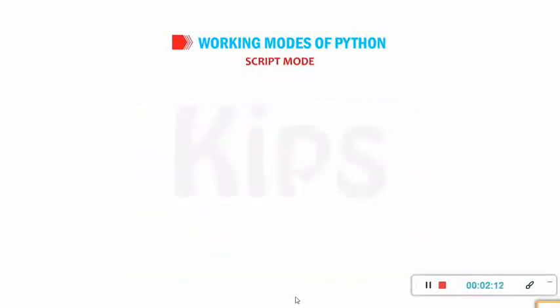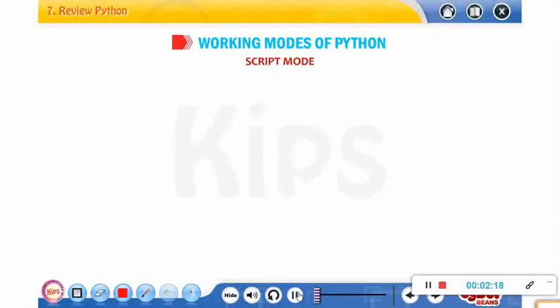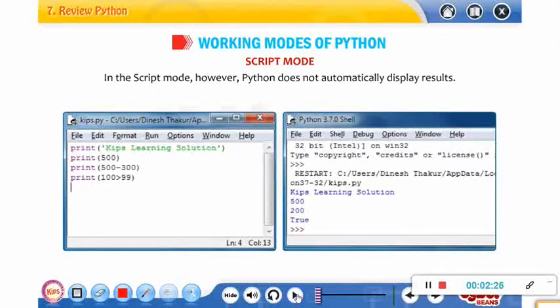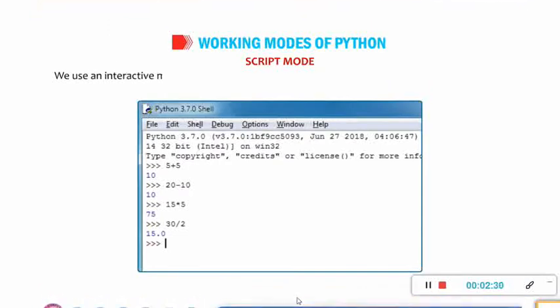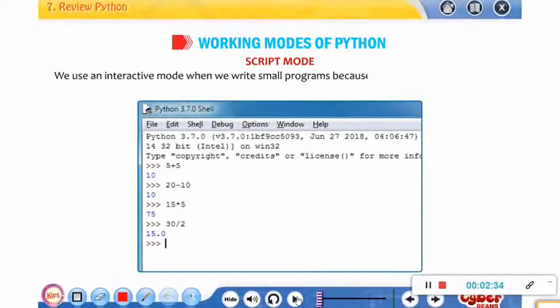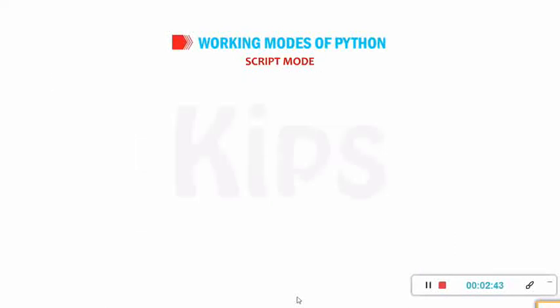Next is script mode. In the interactive mode, Python displays the result of expressions. In script mode, however, Python does not automatically display results. We use interactive mode when we write small programs, because the output in interactive mode is compressed between the statements and is not suitable for writing lengthy programs.